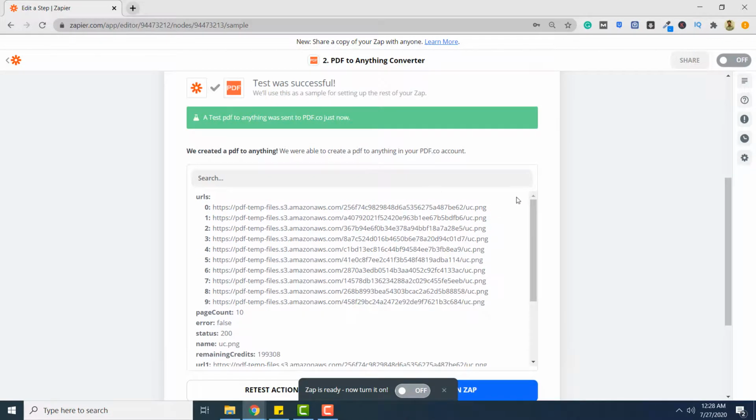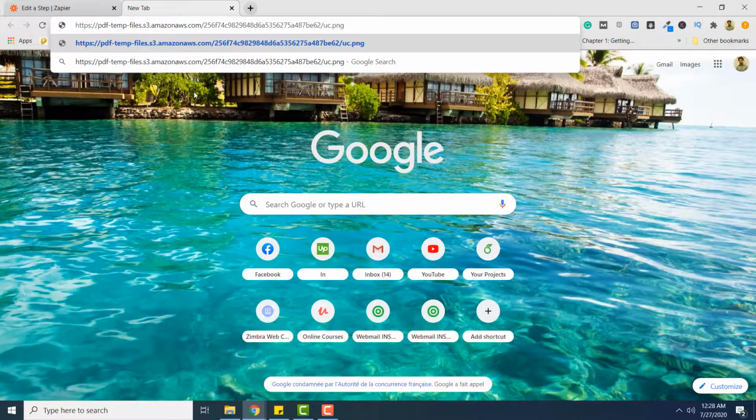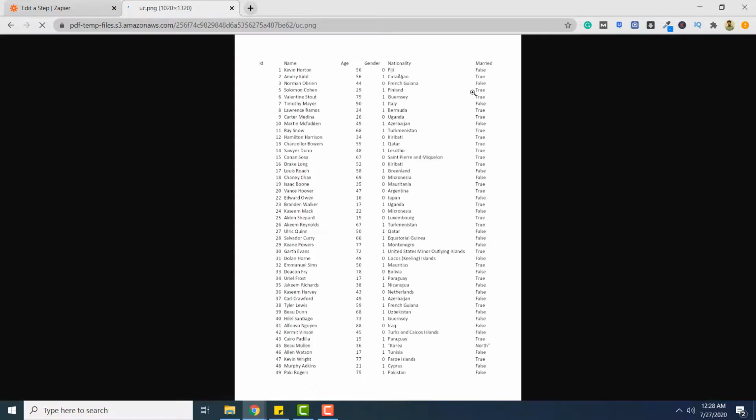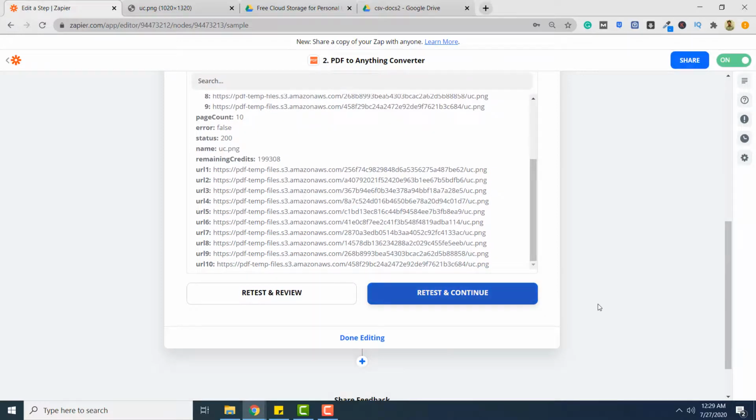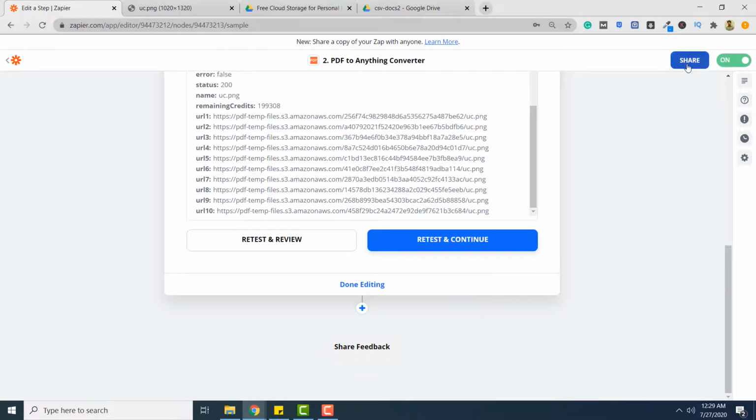To see your converted PNG image, simply copy and paste this link and open it in Chrome or any other browser. Here simply paste it, and there you can see your PDF document converted to PNG format. Here you can turn your Zap on, and you can share it as well. So click on the share button from the top right,